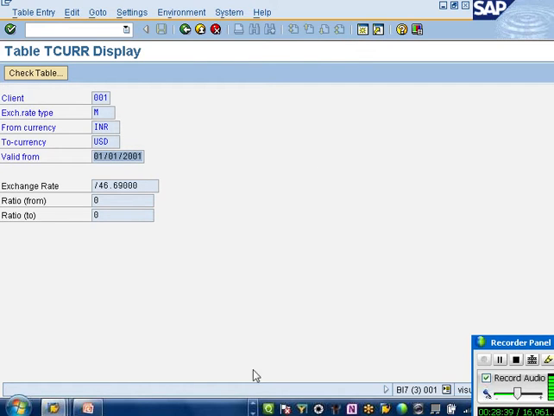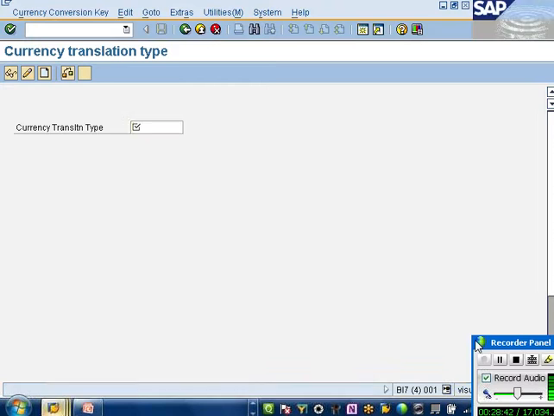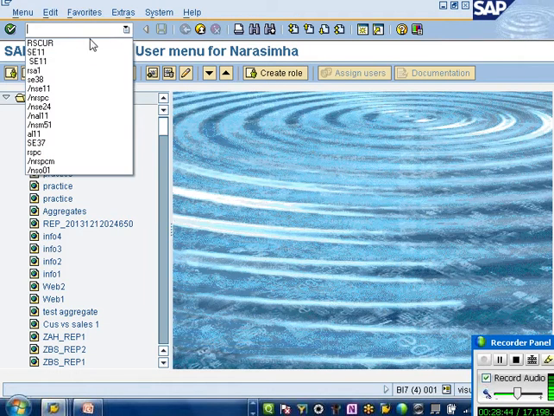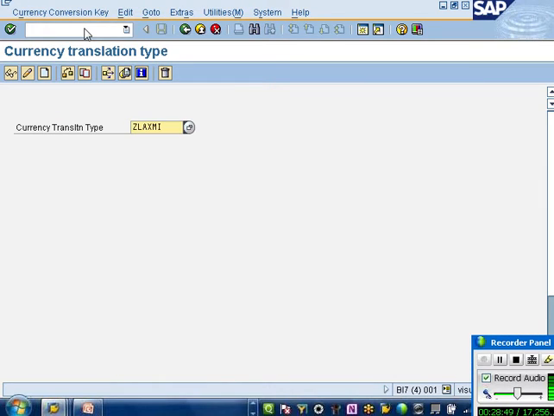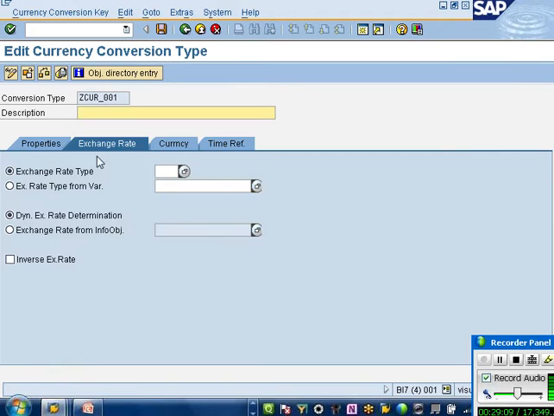So for that, what you do is, first we use the key code called RS curve. Using RS curve, I create something called a conversion type. In this conversion type, I determine what my source currency is, what my target currency is, and what exchange rate type is used. All those details I give here. 001 is a sample conversion.